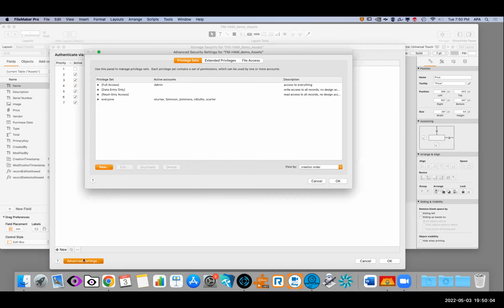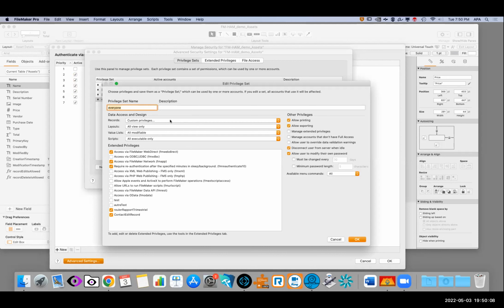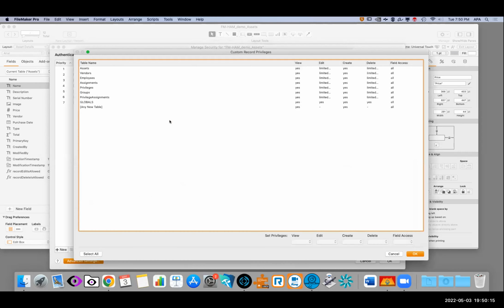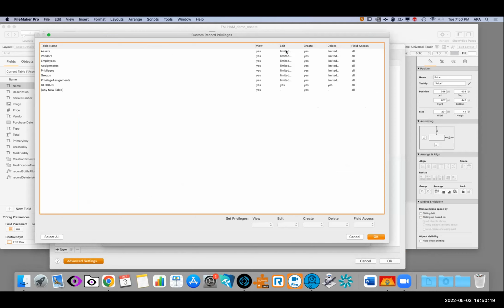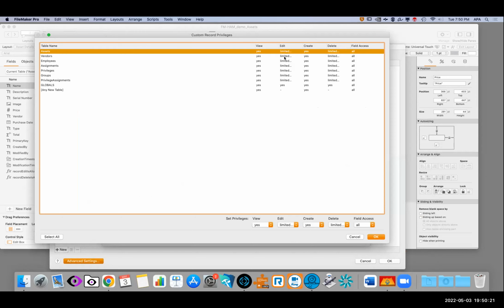So if we go look at that privilege set, what we're going to see is that record level access has been customized, and all the customization is really just saying, okay, we're going to limit the ability of people to edit the records or delete the